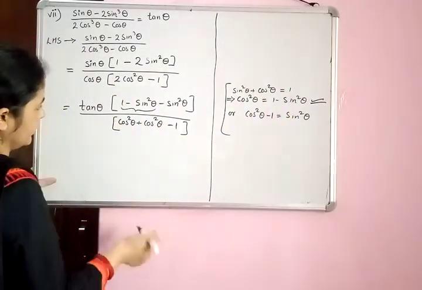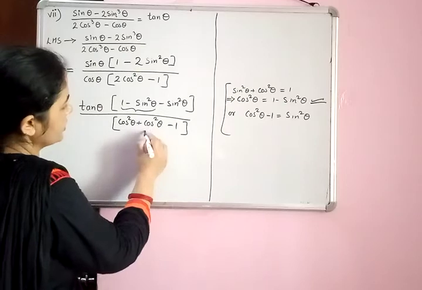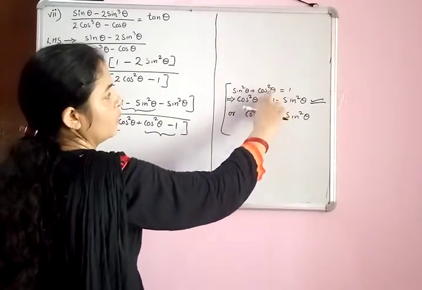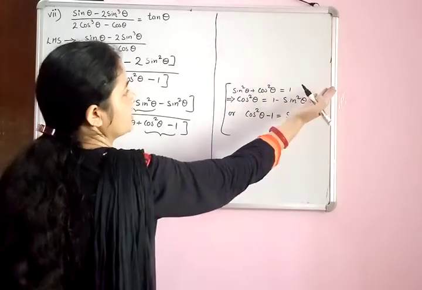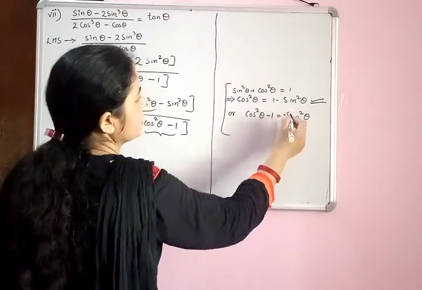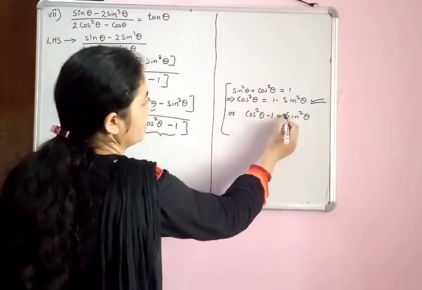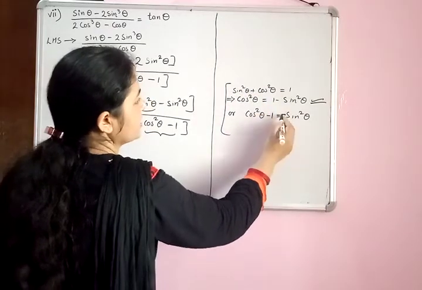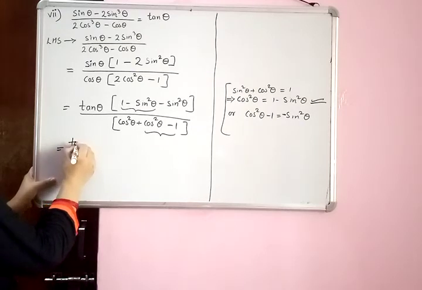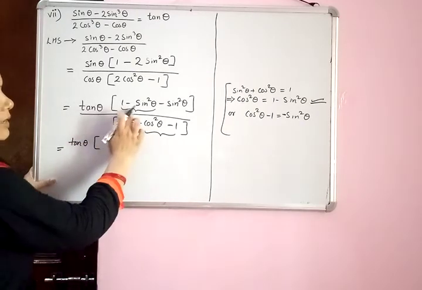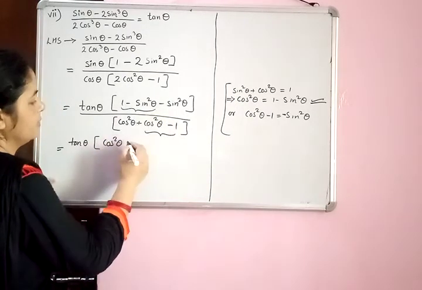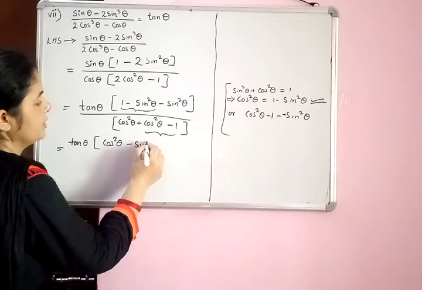Now in the denominator, we have cos square theta minus 1. So how can I get cos square theta minus 1? If I shift 1 towards the left and sin square theta towards the right, then cos square theta minus 1 is equal to minus sin square theta. Sorry, the minus sign was left out here. So cos square theta minus 1 is equal to minus sin square theta. So we have tan theta into, in place of 1 minus sin square theta, write cos square theta, and here we have minus sin square theta